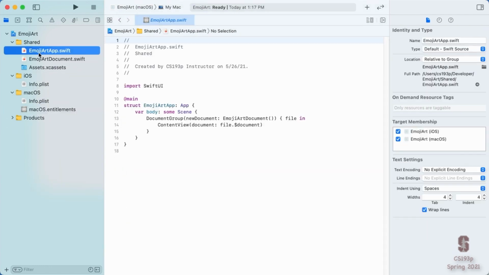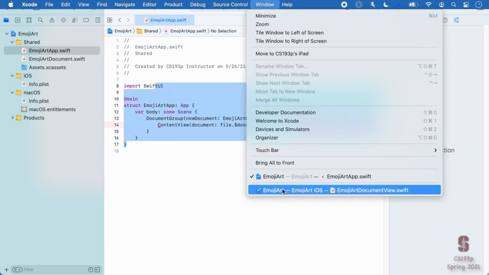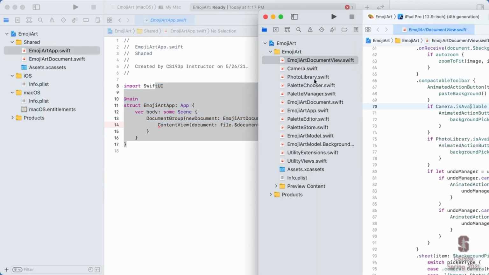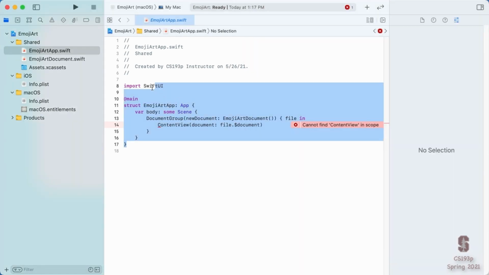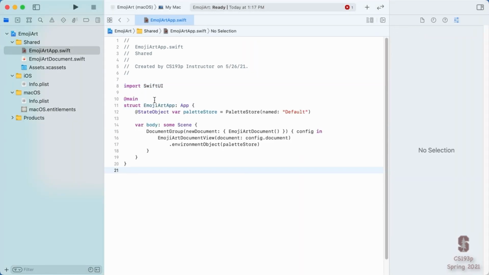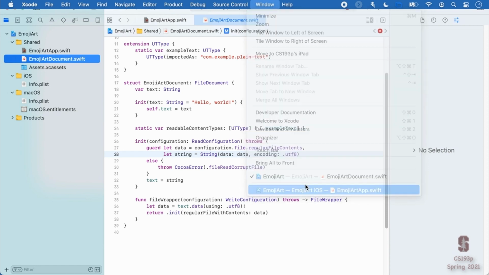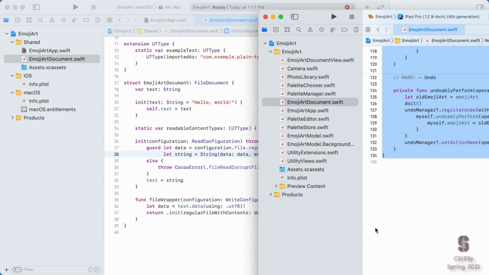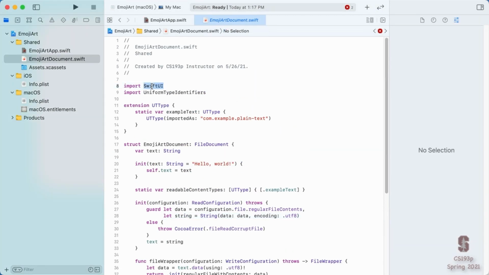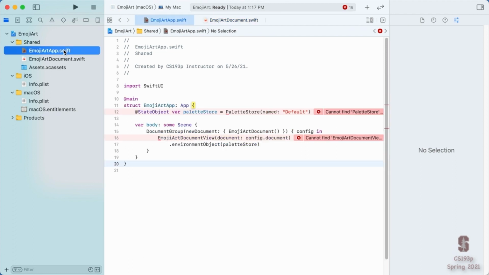And this emoji art app right here, I'm going to copy the contents of my iOS version into here. So we want the emoji art app, it's right here. You just literally copy and paste on here. There's no changes actually required in here to make that work. And similarly with this emoji art document, I'm going to do the exact same thing here to iOS. Well, here's my document. Let's just copy this entire view model over here. That's a good start with the things that already exist in here.